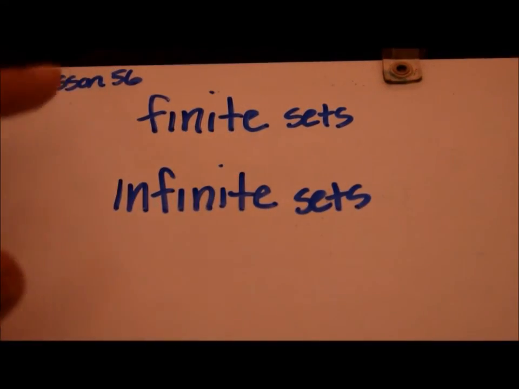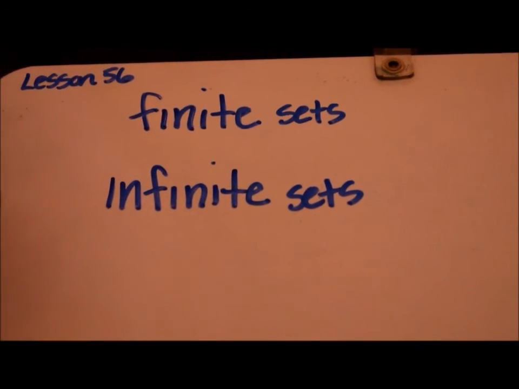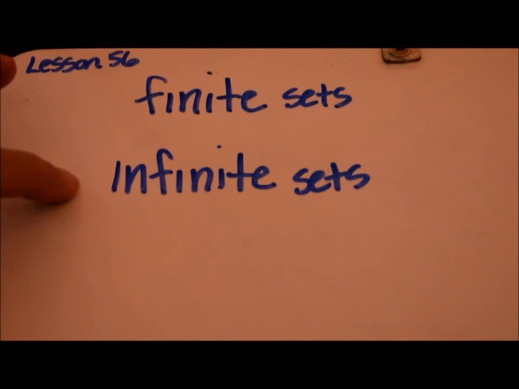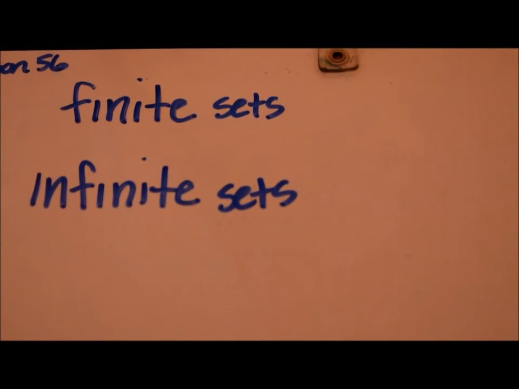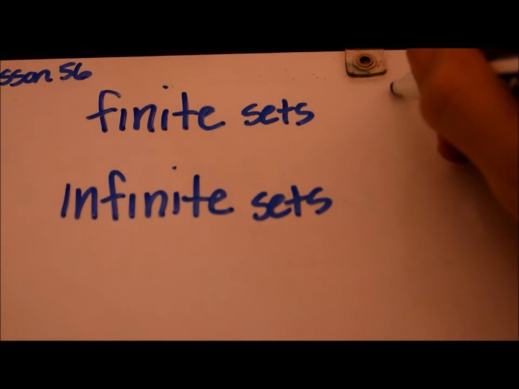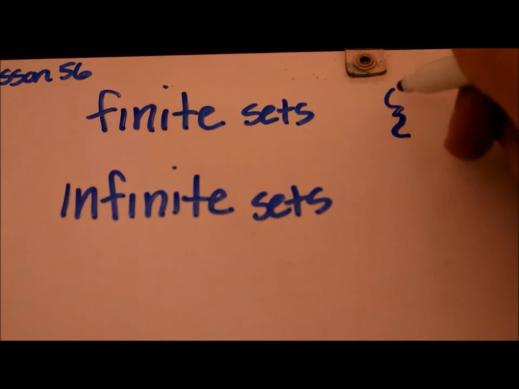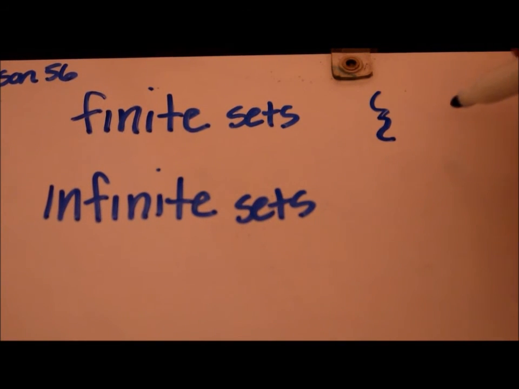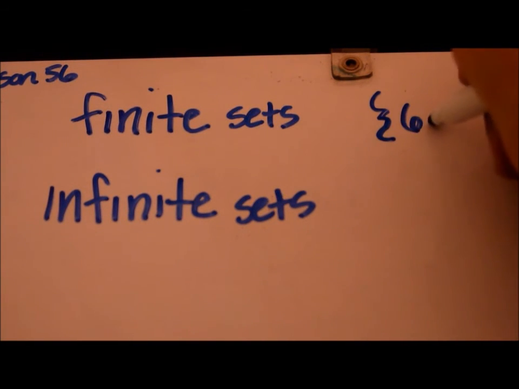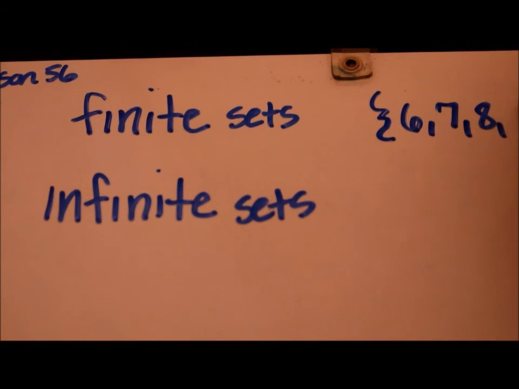So the first thing I have written here is these definitions of the idea of finite and infinite. Infinite means forever, or it goes on and on, and finite means that there's an end. They give us set notation. These are braces, not like for your teeth, but for numbers. If they give us a set of numbers, which they did, 6, 7, 8, 9,